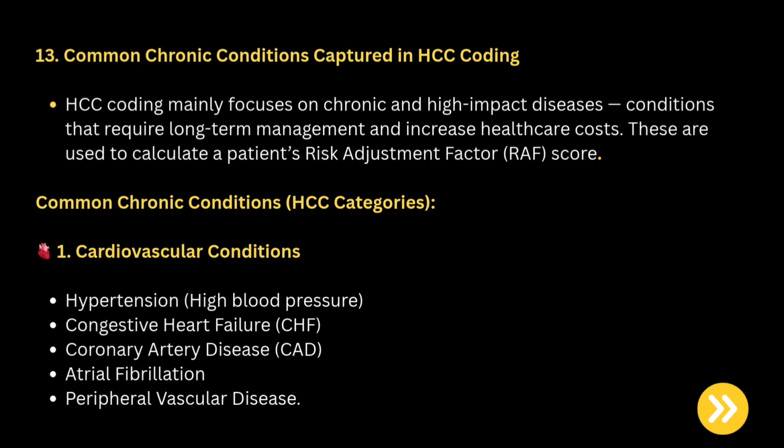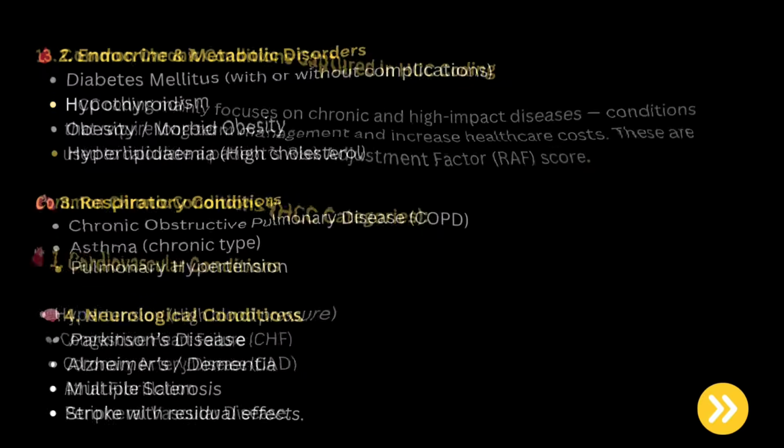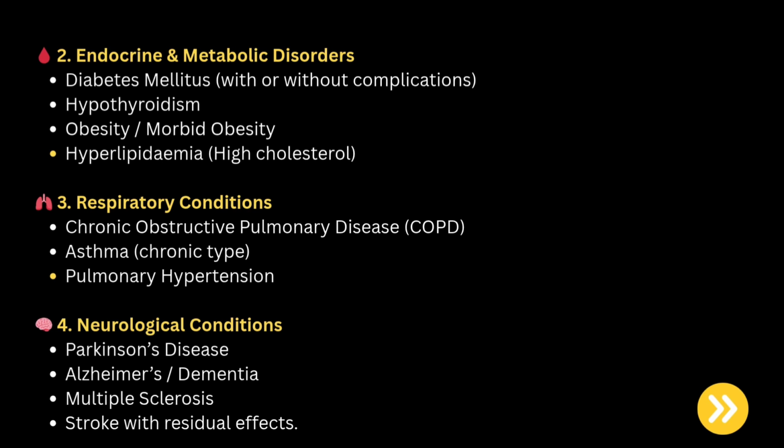13. Common chronic conditions captured in HCC coding. HCC coding mainly focuses on chronic and high-impact diseases, conditions that require long-term management and increase healthcare costs. These are used to calculate a patient's RAF score. Common chronic conditions are cardiovascular conditions like hypertension, congestive heart failure, coronary artery disease; endocrine and metabolic disorders like diabetes, hypothyroidism, obesity, hyperlipidemia; respiratory conditions like COPD, asthma, pulmonary hypertension; neurological conditions like Parkinson's disease, Alzheimer's disease, multiple sclerosis, stroke with residual effect,